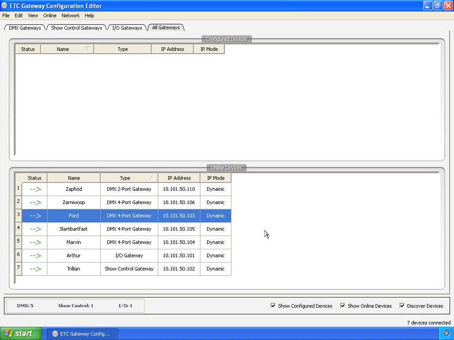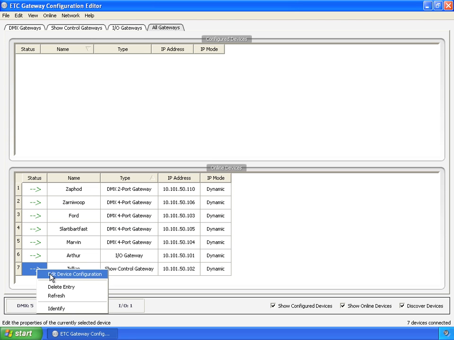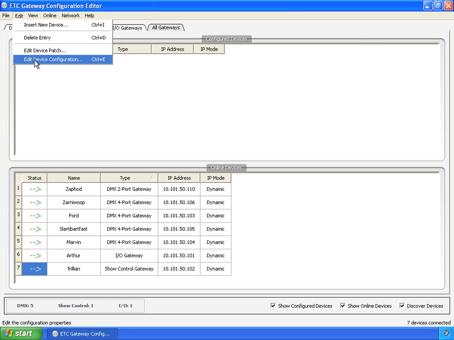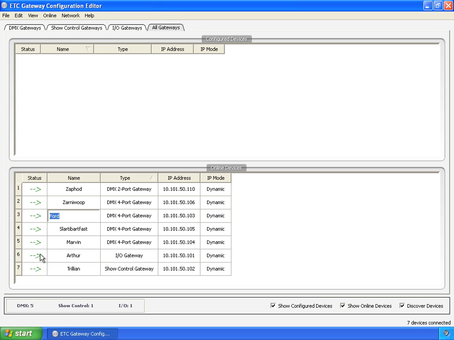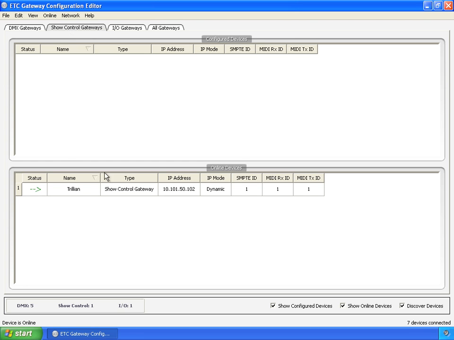So now we're going to set about to edit show control gateway. There's a couple of different ways you can go in to edit it. I've shown this before, but if you jumped ahead and you just want to do show control, I'm still going to show you how to get in. You can right click and edit configuration. You can have one selected and edit configuration from here. You can Control E. In all gateways, you can double click, and don't forget you can filter and just see